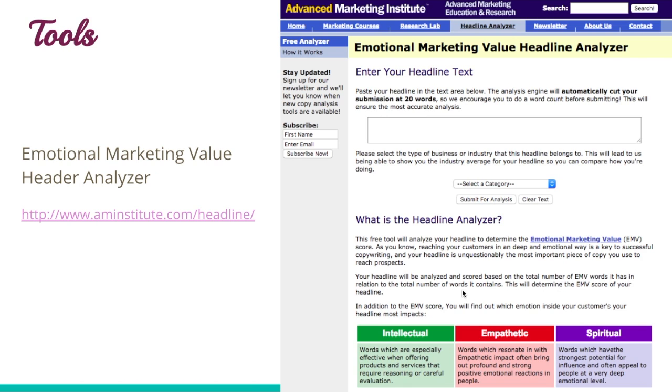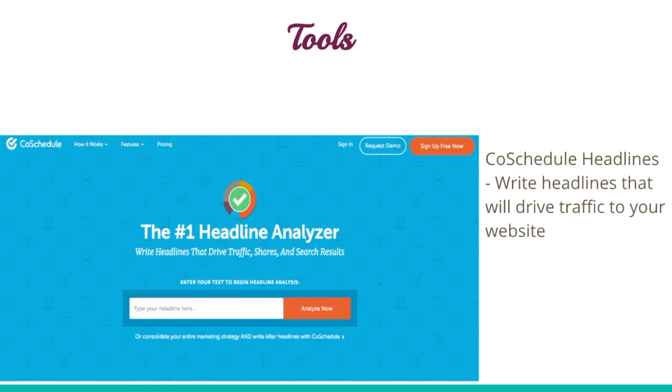Once you use HubSpot, you have that title, then put it in here, make sure it aligns with that emotional level. The other one you can use is CoSchedule, and this helps you write those headlines that are going to drive traffic back to your website. So similar to HubSpot, but you can just type in your header here and it will change that to something a little bit more,